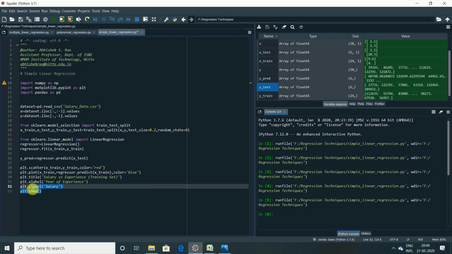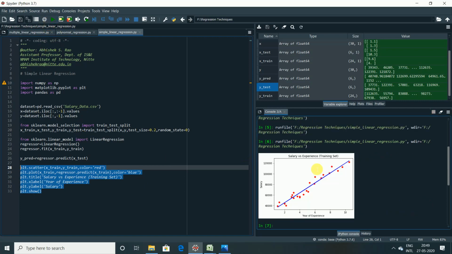Now let us display the output. Enter. You see the output now. Yes, altogether there are 24 observations, as you can see, and look at the best fit line. This is the predicted salary, guys. This is what we call the regression line, which is blue in color, and the rest of the points you can see in red color. These are called scatter points. Looking at the graph, it is easy to analyze the predicted salaries based on the number of years of experience. So we can clearly see that our predicted salaries are quite close to the real salaries.